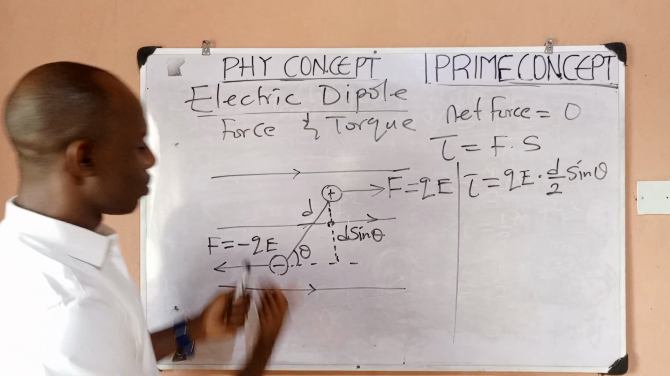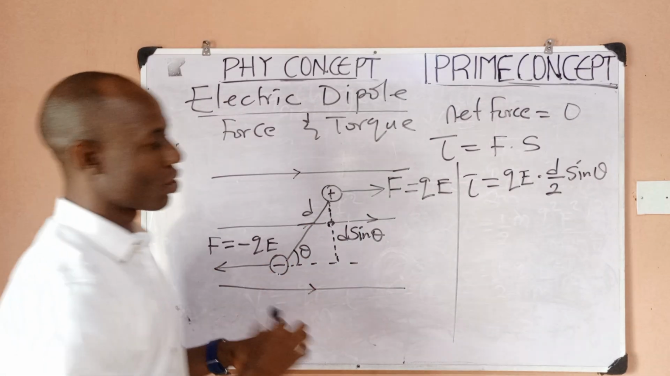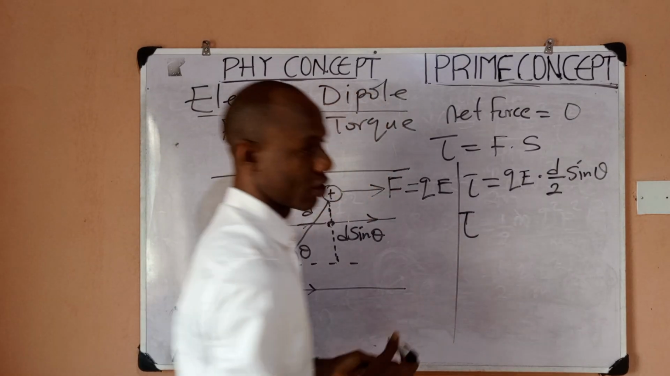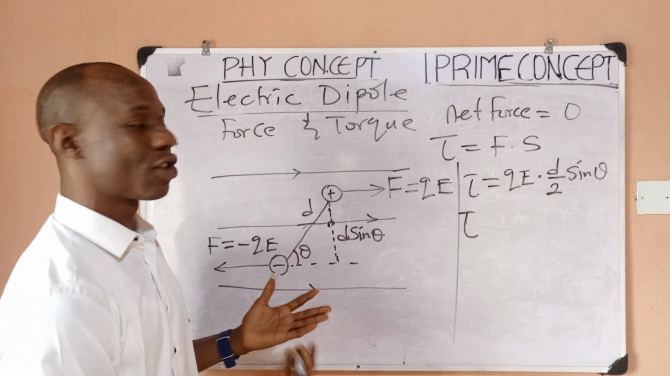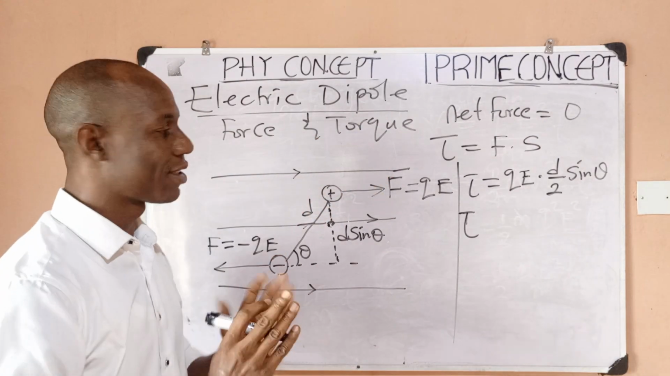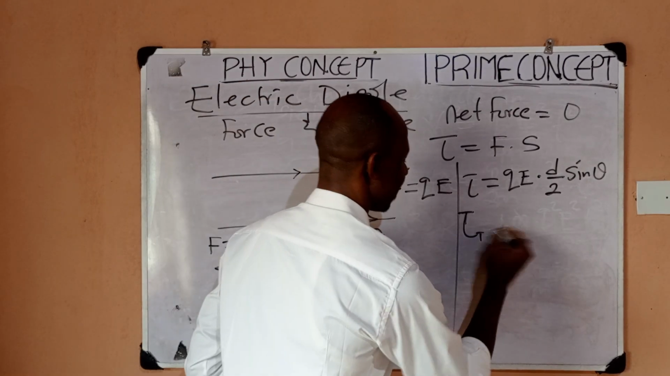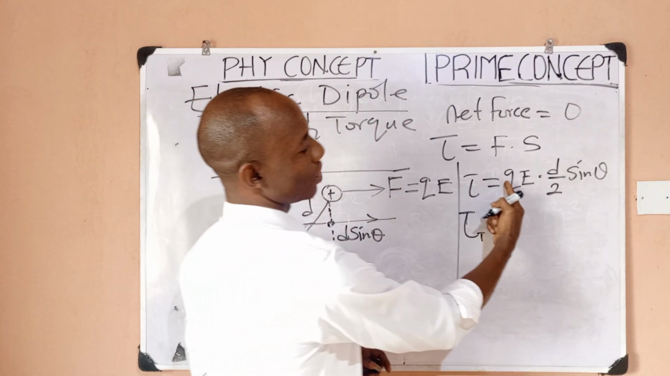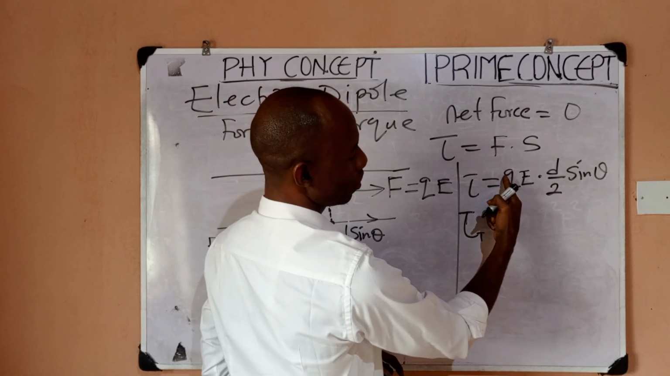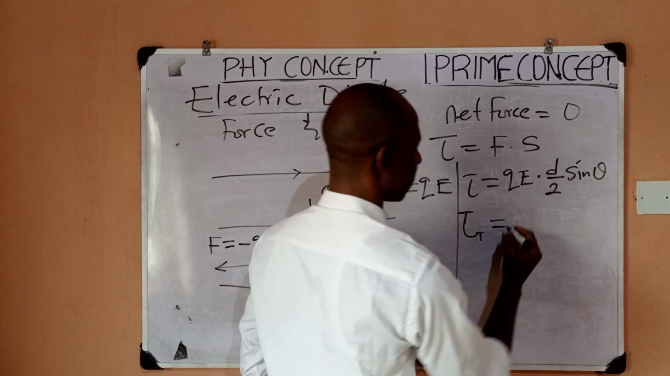Now, if I want to get the total torque, since I have this and I have this, my net or total torque, of course your net force is 0, but your net torque is not 0 in this case because they don't have the same line of action. So your net torque is not going to be 0. My total torque is just going to be 2 times this value. And if you multiply this by 2, the 2 will cancel this, so your total torque finally becomes